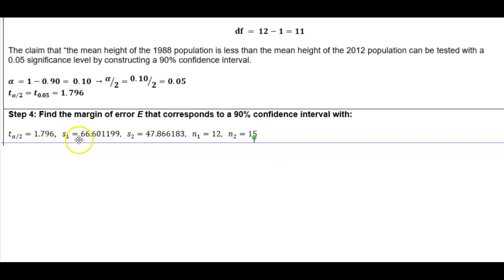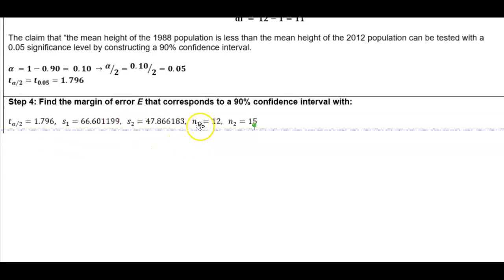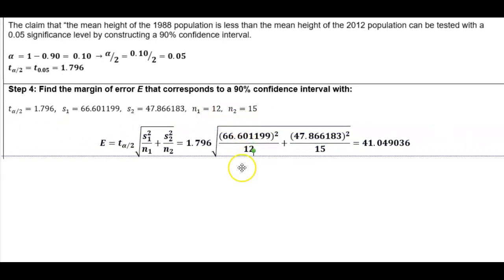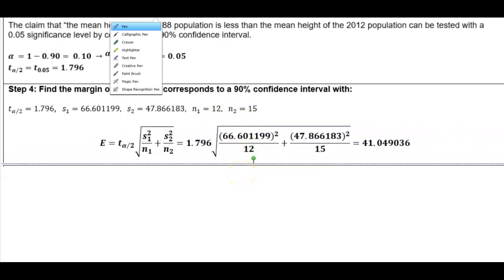We know the sample standard deviation for sample 1 and sample standard deviation for sample 2. We know that N1 is 12 and N2 is 15. And now we're going to plug it into the formula. So let's go ahead and take a look at that. So we know that the critical value, the critical T value, is 1.796. We know that the sample standard deviation for sample 1 is